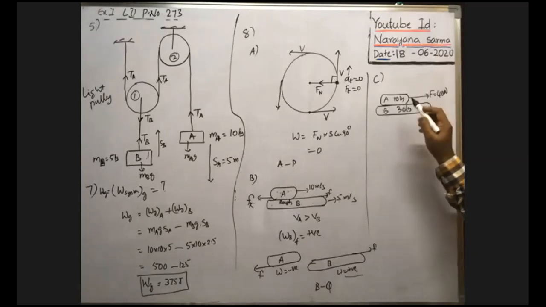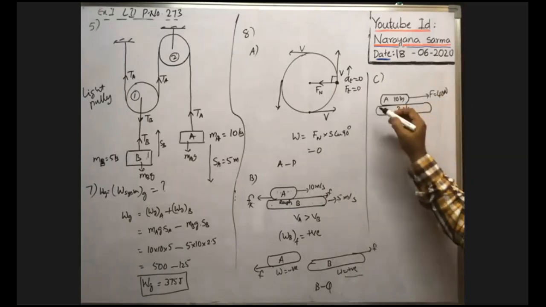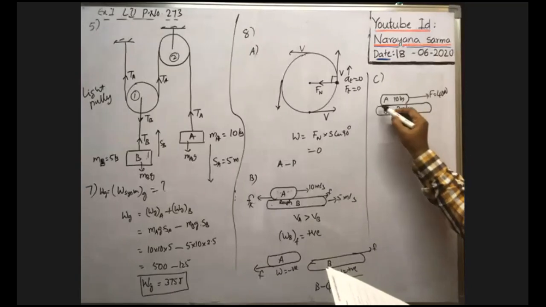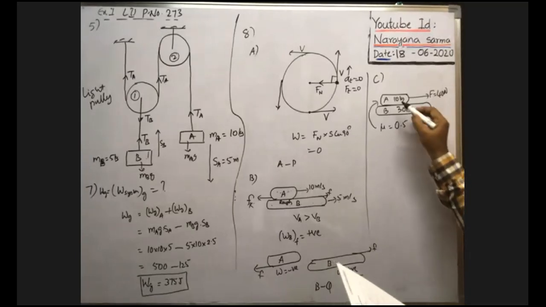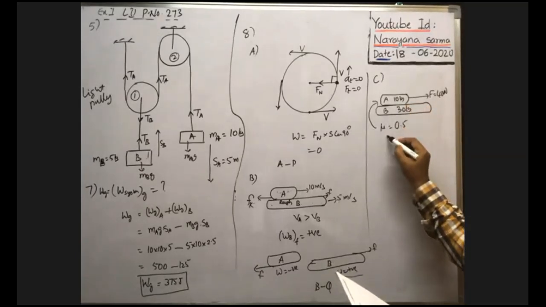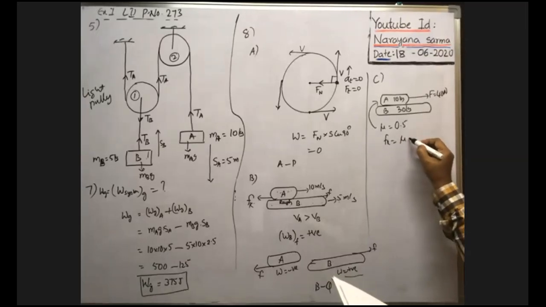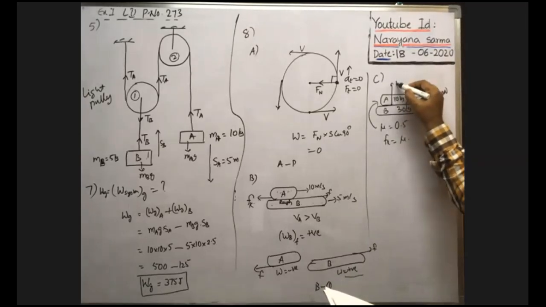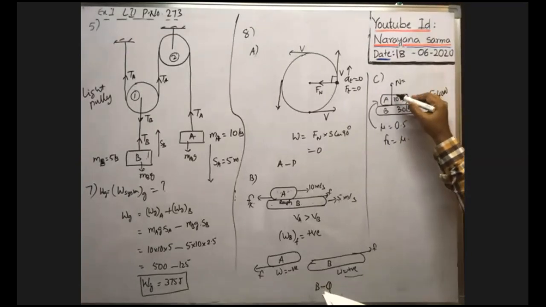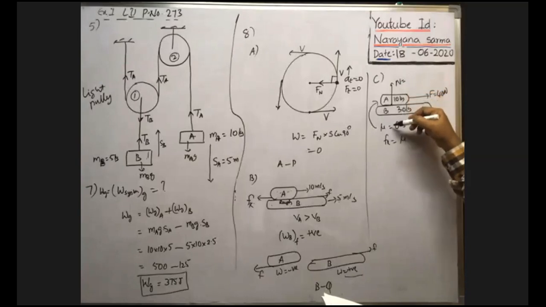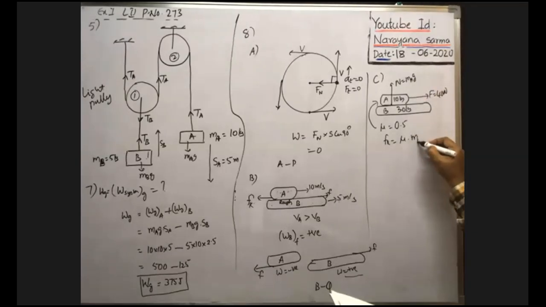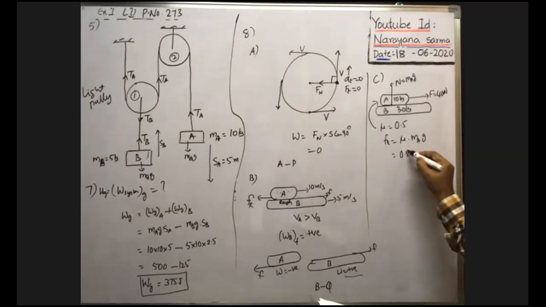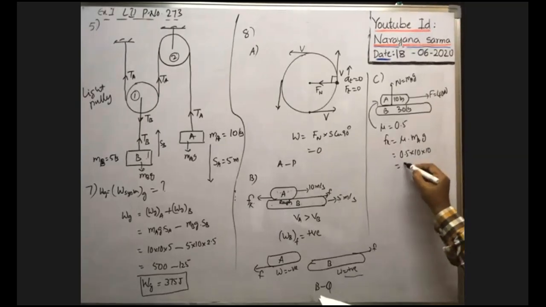First of all, you tell me, do the blocks move separately or together? Here the coefficient of friction is given, mu is equal to 0.5. Then what is the friction? Limiting friction exists between these two. Limiting friction FL is equal to mu into normal reaction. Normal reaction acting on the block is N is equal to weight of this block only, no? Because weight of this block acts in the downward direction. The equal reaction force acts on the block in the upward direction. That's why normal reaction is equal to MA into g. So this is equal to 0.5 into MA, means 10, into g, 10. That is equal to 50 Newton, no?